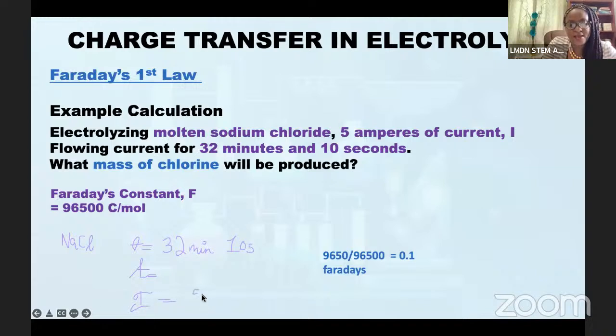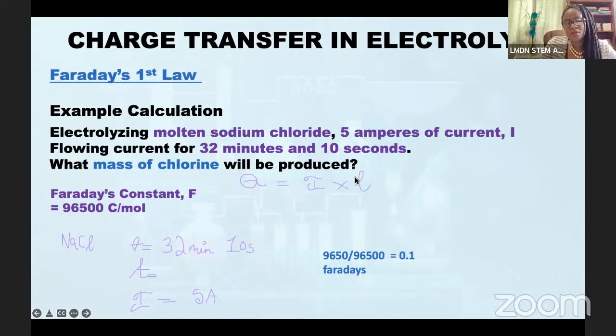So we have I and T, and that's typically where we're starting from, because really and truly, the first thing that you should always write down when you see a problem like this is the governing equation, the equation that's going to govern all these calculations. And that's this: Q is equal to I times T,